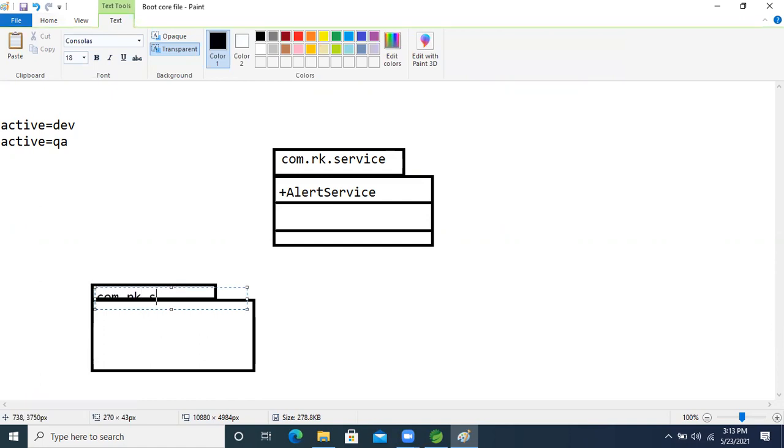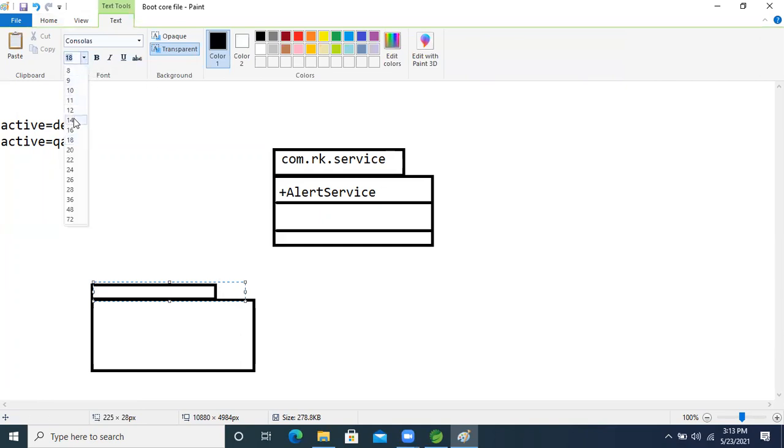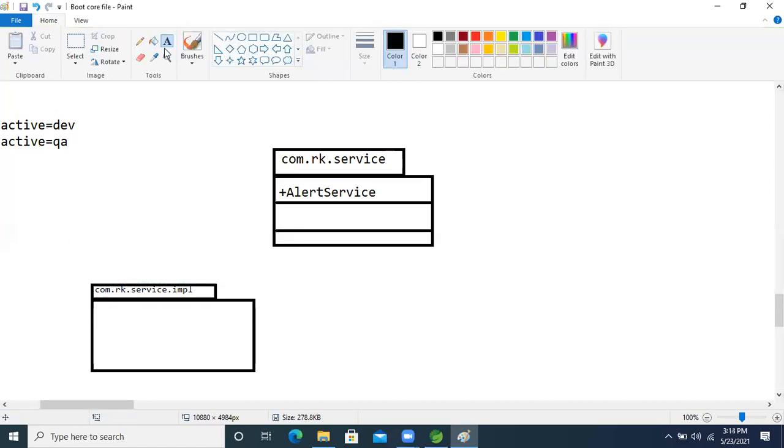com.rk.service.impl, right? This is the package name. Inside that, one class is there.